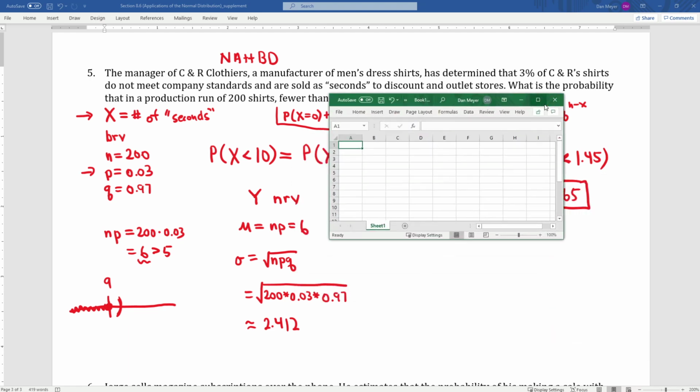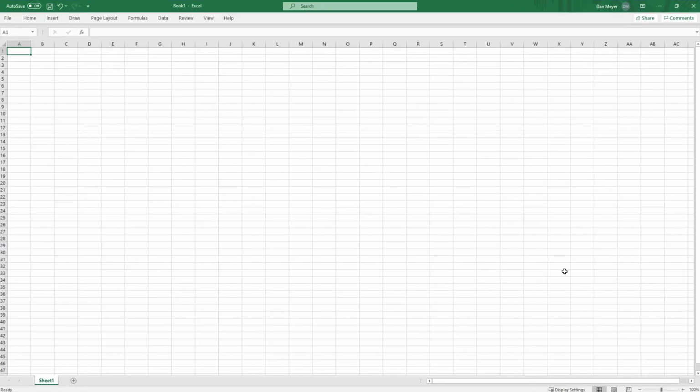So if you're content with what you've seen so far, you can go ahead and feel free to stop the video now. But if you want just a little bit more insight into what we're doing here with this normal approximation, and we can investigate how good of an approximation it is, go ahead and keep on watching. This won't take too long at all. So the idea here